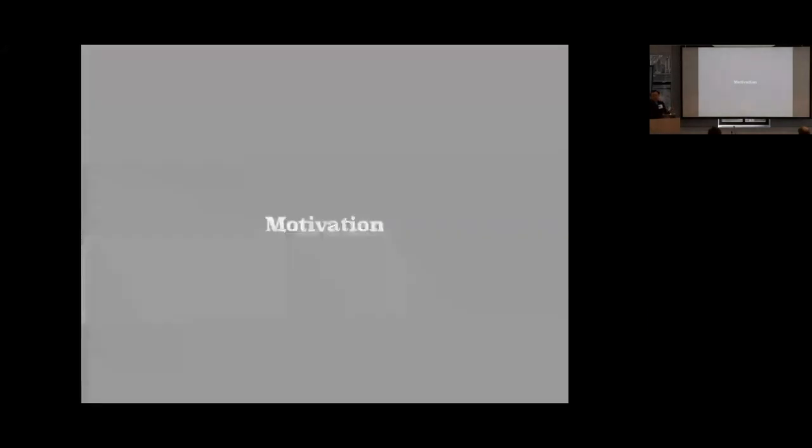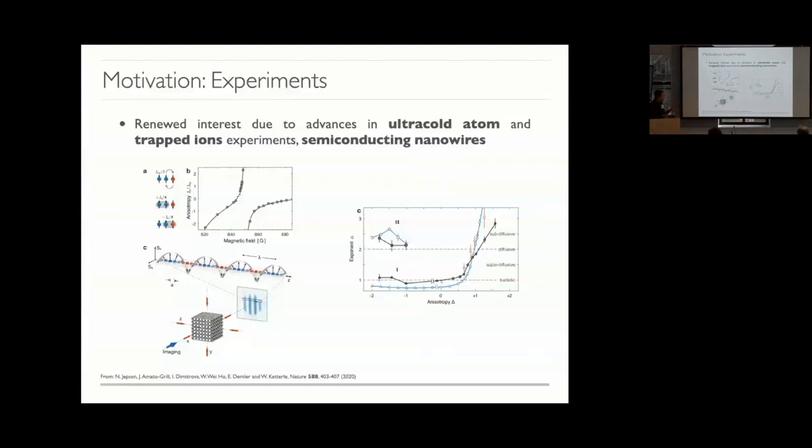I don't have to motivate my talk to this community, but I always like to raise some examples via experiments. I brought two. This is one of my favorite experiments by Wolfgang Ketterle. These guys, in cold atoms, are able to basically simulate integrable systems. The degree of control that they have over these platforms allows you to study the dynamics of integrable many-body quantum systems, and I think that's impressive, okay?